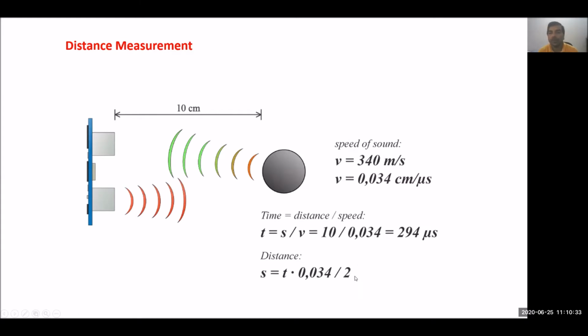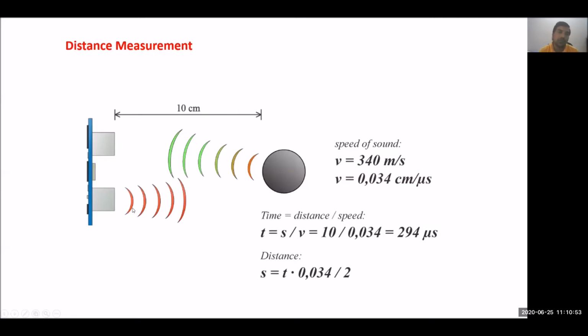Why are we dividing by 2 here? What we get is the distance of the forward path and the reverse path: the distance traveled till the object and again coming back to the sensor.